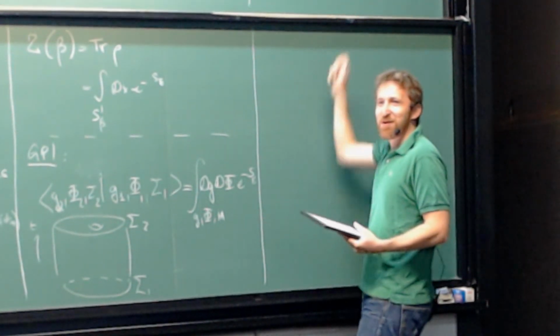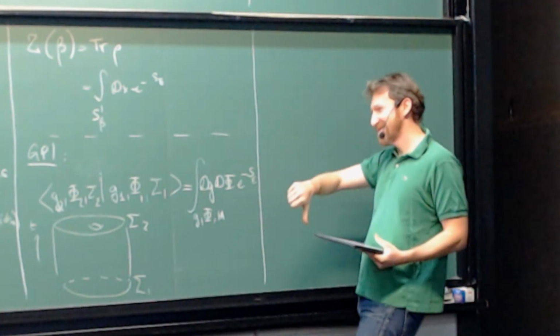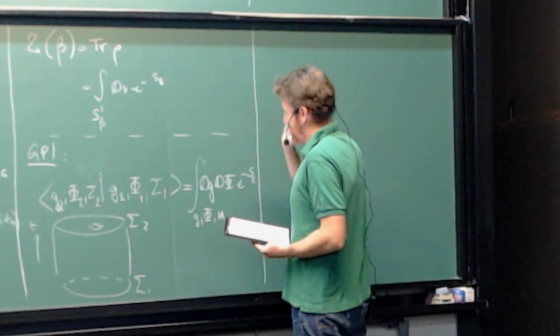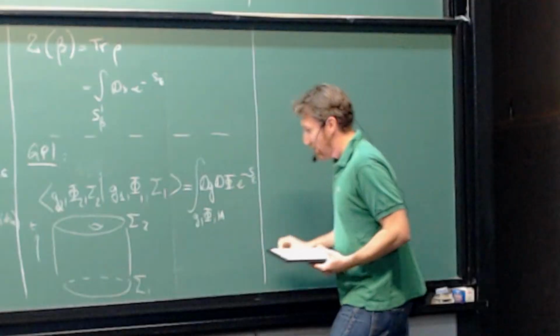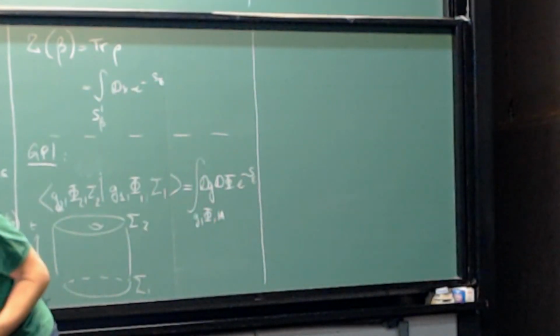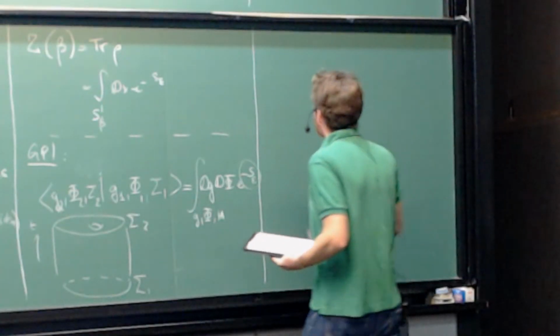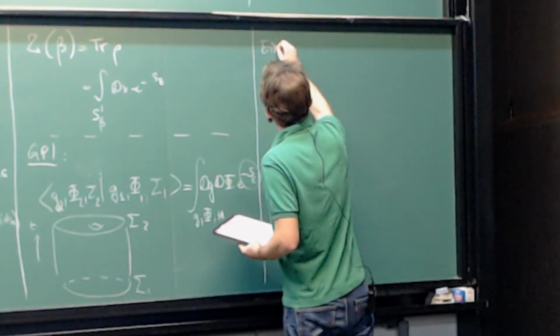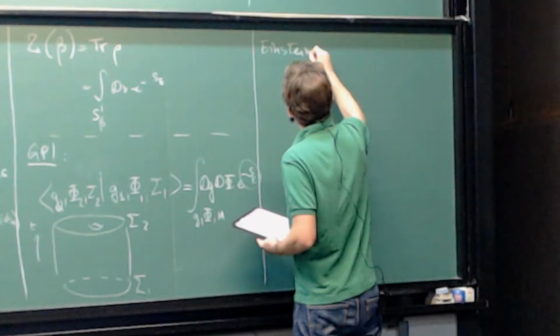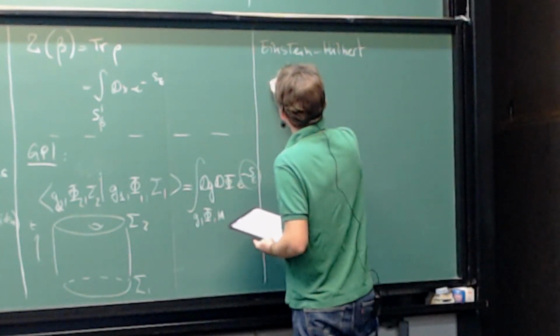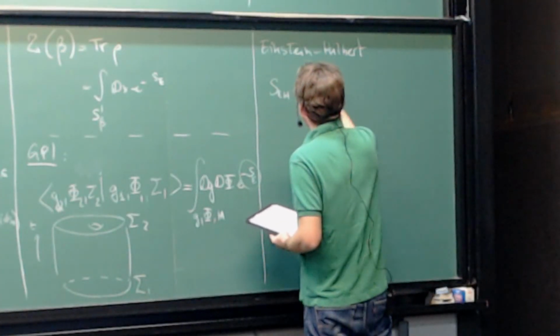So today it's optimistic, and tomorrow it's a downer. Okay, so first thing, what is the Euclidean action that I should use? You'll remember that the Einstein-Hilbert action in Lorentzian